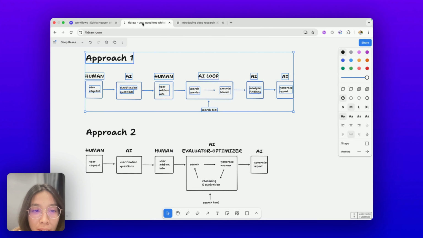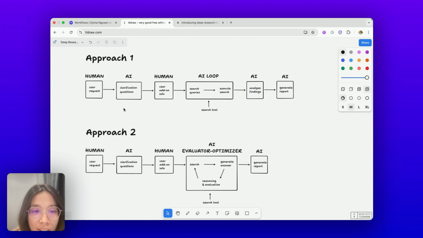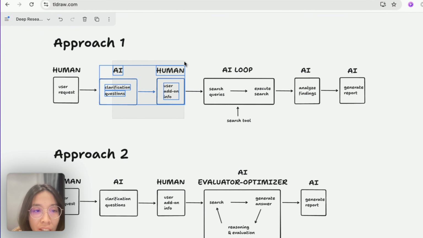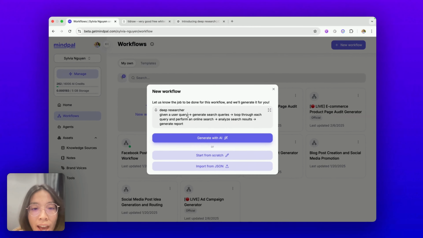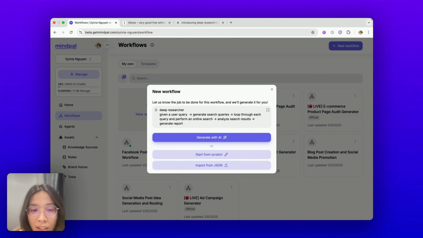Let me check it again to make sure I am following the right process. Okay, I forgot to put this clarification step here. So let me go back here and add that clarification step just after this initial user query step. So the AI can ask follow-up questions to clarify requests, and then additional information from user before we do the rest of the process here. Now let me generate with AI,